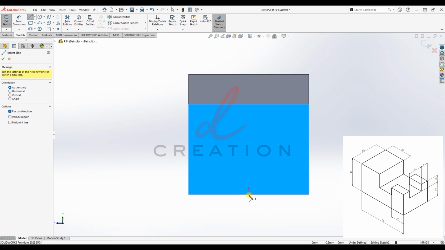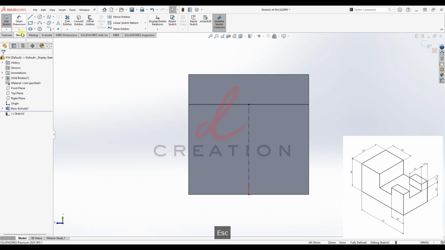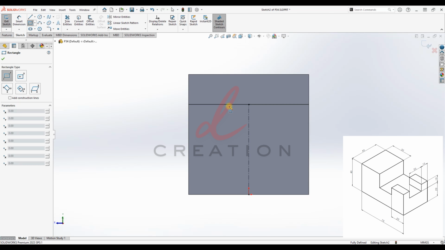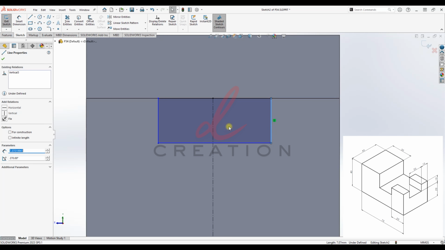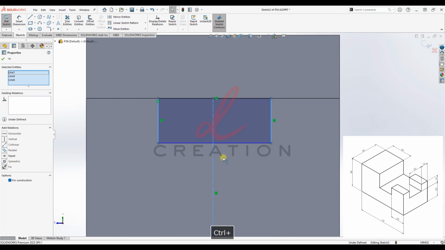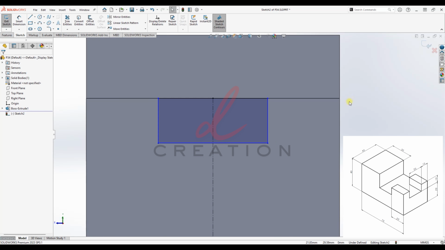Before I start my sketch, I'm going to create a center line from here to here. And then using a corner rectangle, I'm going to select this edge to start my sketch until over here. And I'm going to make sure that this line and this line are symmetric to the center line. And we know that the